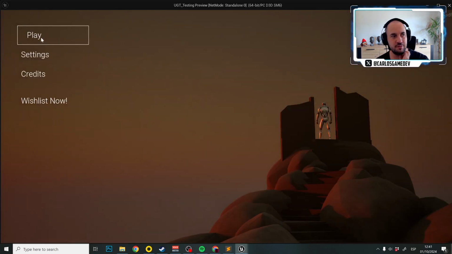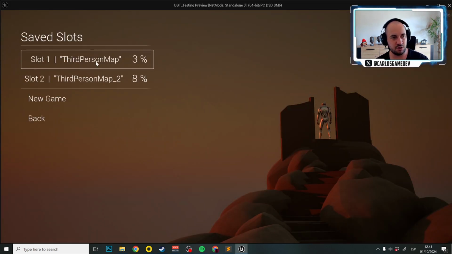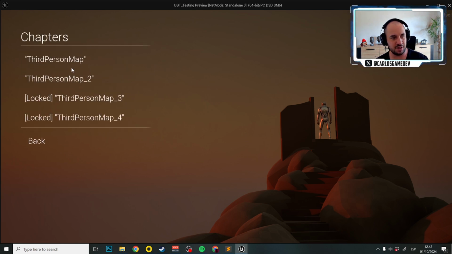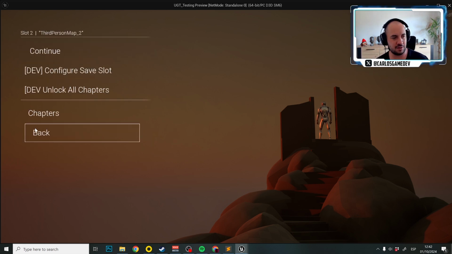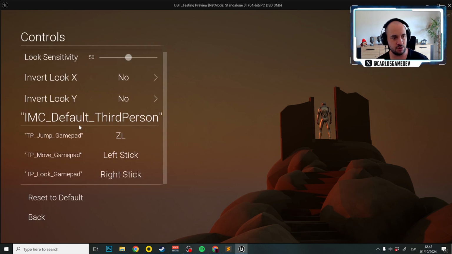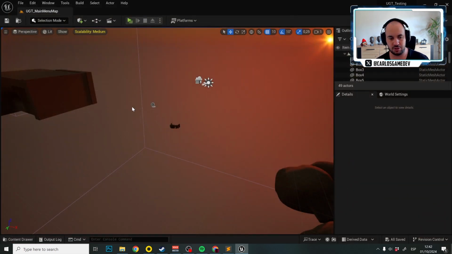But as you can see, there's some text now like third person map _2, or the chapters which appear with quotations, okay? And why is that happening? Even in other menus, like in the settings, controls, we have quotations here too. Why is this happening? This is happening because the localization system of Ultra Game Template actually wants to search for those texts,